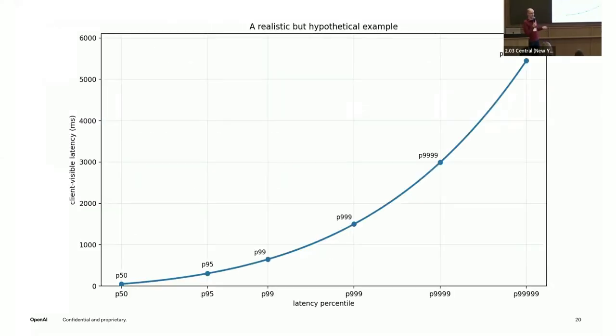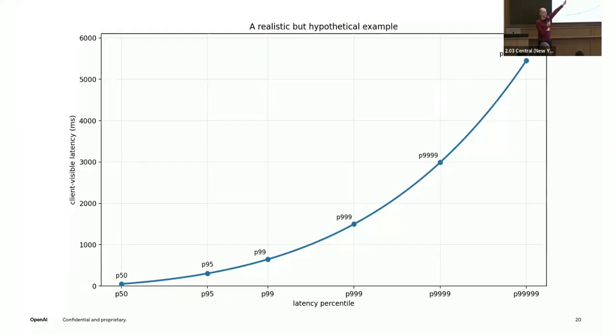Here's a realistic but hypothetical example. These are not real measurements. I just plotted what a latency distribution would look like. This is a system where the median response time is 50 milliseconds. Sounds awesome. And the P95 is like 200-ish milliseconds, and that's also awesome. And the P99 is like 700-ish milliseconds. That's still super acceptable. But I've extended this line to P99.9 and P99.99 and P99.999. These are real numbers that we have to care about, because if you have 1,000 GPUs, then P100 is about three nines. If you have 10,000 GPUs, it's four nines. If you have 100,000 GPUs, it's five nines.